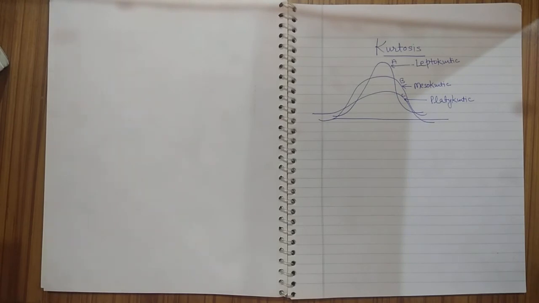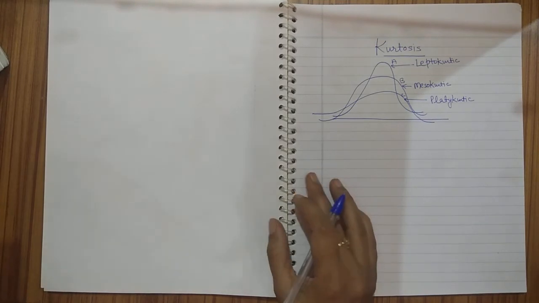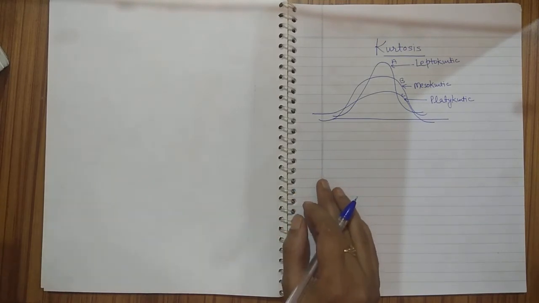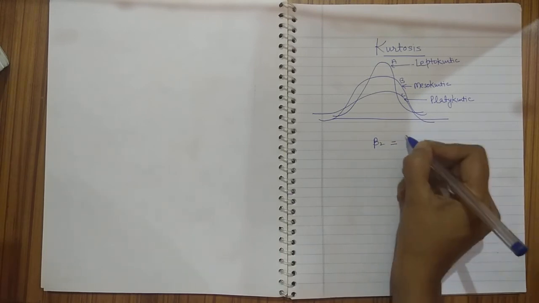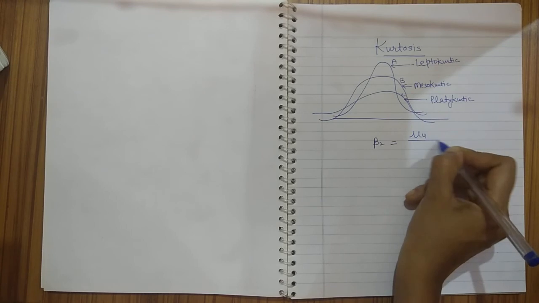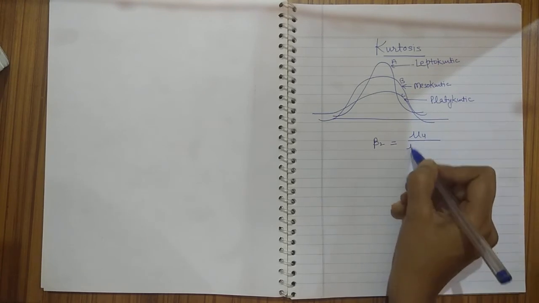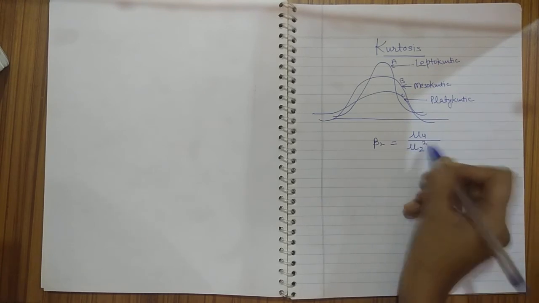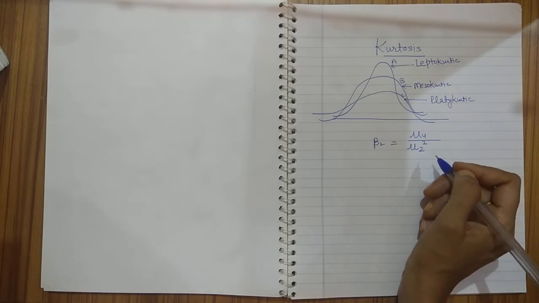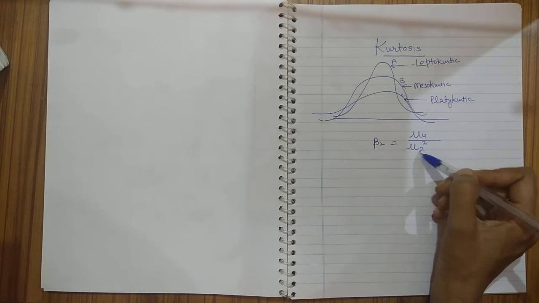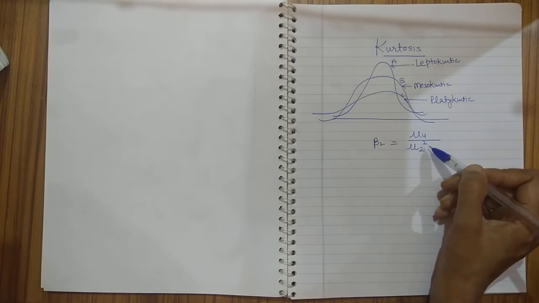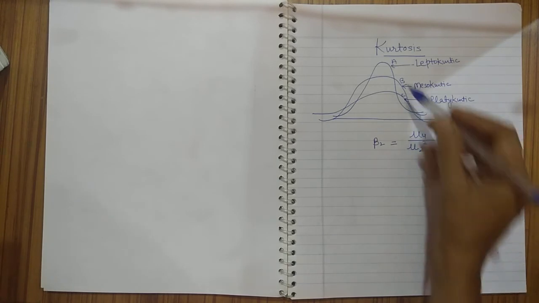Now, what is the formula of the kurtosis, or the moment coefficient of kurtosis? This was again given by Pearson. This is the Pearson coefficient, beta 2. So beta 2 will be mu 4, and obviously these are the central moments. So if you are not provided with the values of central moments, you are required to convert raw moments, or the origin moments, into central moments. Mu 4 divided by mu 2 square. Obviously, it has nothing to do with negative or positive. It will just reveal the peak of the distribution.